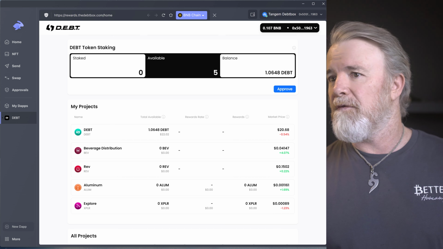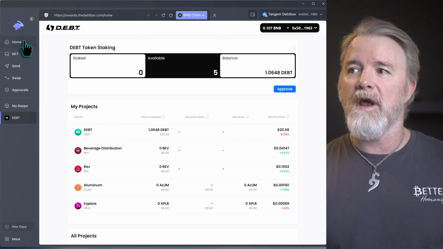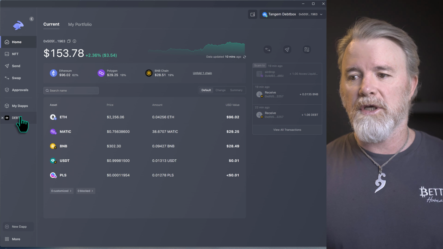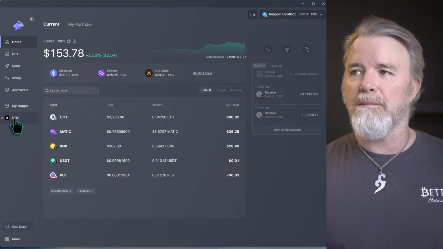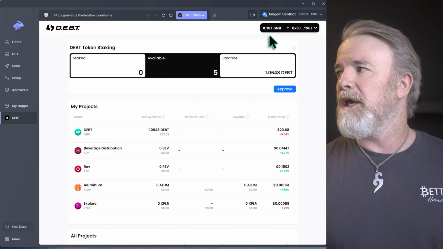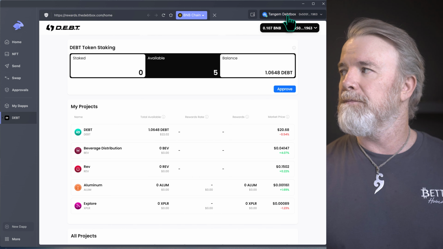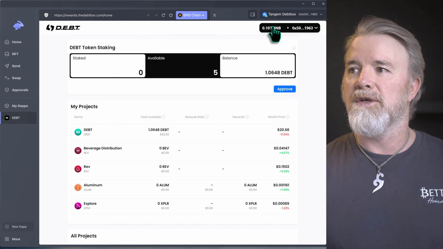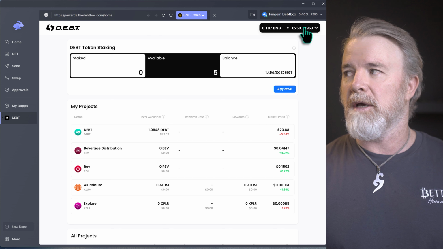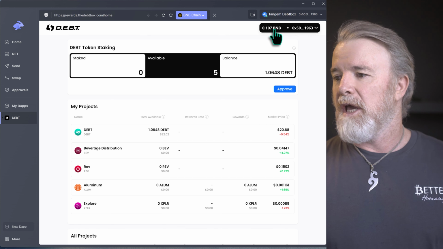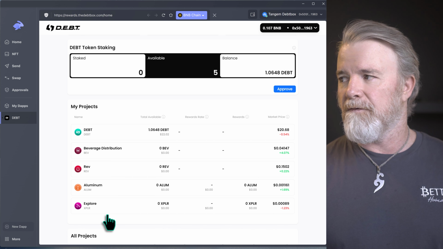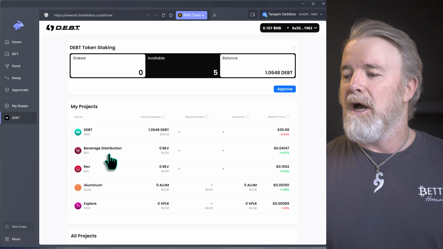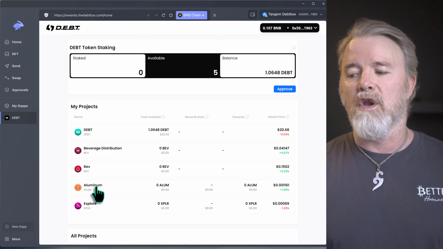All right, so if we look on the screen, I've opened Rabby wallet, and this is just the default screen. In yesterday's video, I showed you how to add the DEBTBOX inside Rabby wallet. You can see this is my Tangem, that's connected to Rabby, but it's also here inside the DEBTBOX. So I've connected my Tangem wallet here too. And you can see I've got just a couple of NFTs left. Most of them are gone. But I've got an aluminum one here.